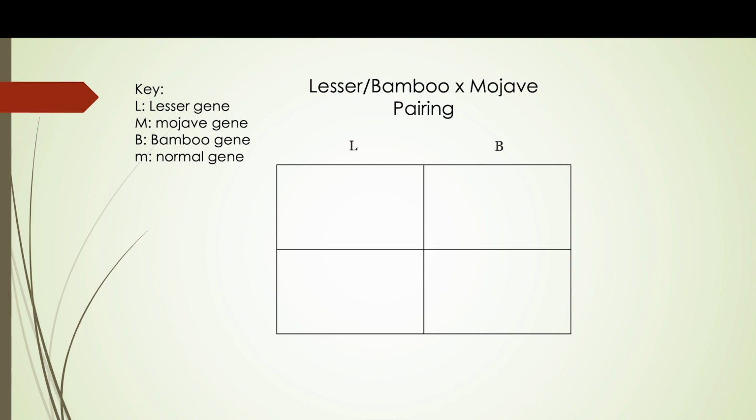So because this is located at the same locus on the chromosome, these are basically the two alleles on that locus. So we've got the lesser gene and the bamboo gene both present on that specific locus. And then for the other parent, we've got a Mojave gene and then a normal gene. So in this case, you've got a 50% chance of the babies being blue-eyed leucistic, right? So basically this one could get the lesser and the Mojave. This is a bamboo Mojave mix. Or they could get just the normal gene from this parent and wind up as a lesser or as a